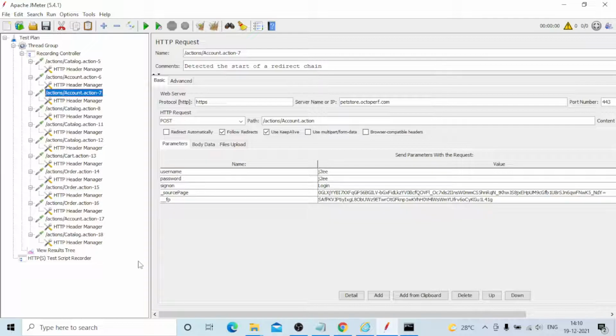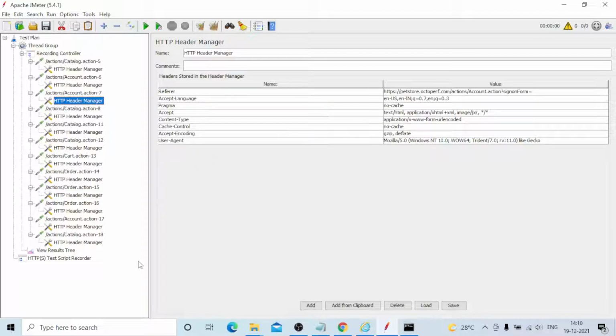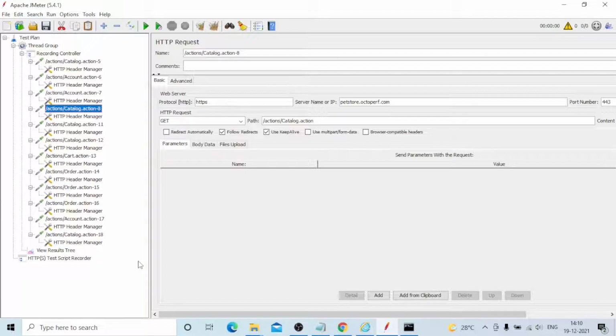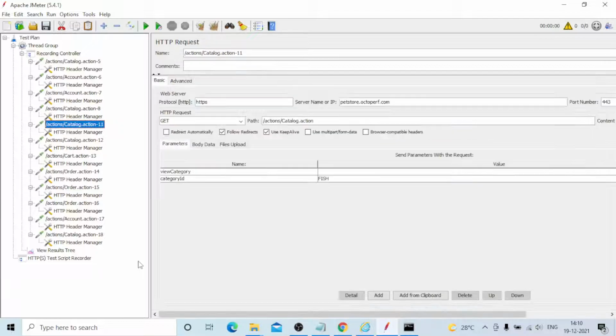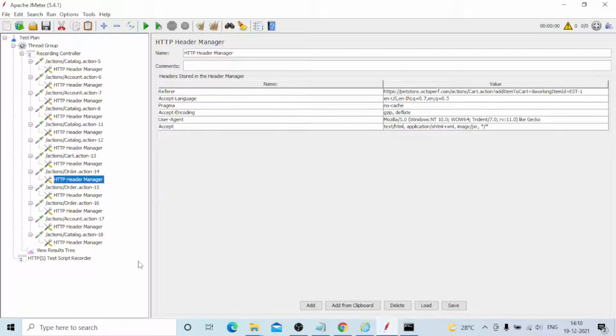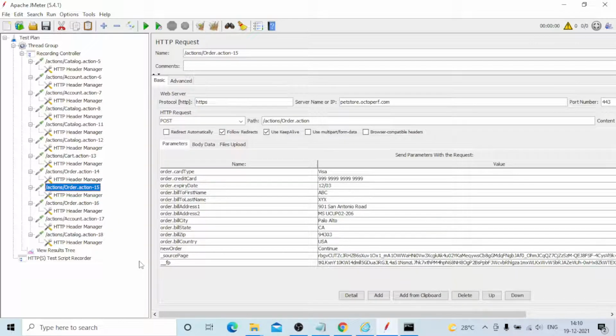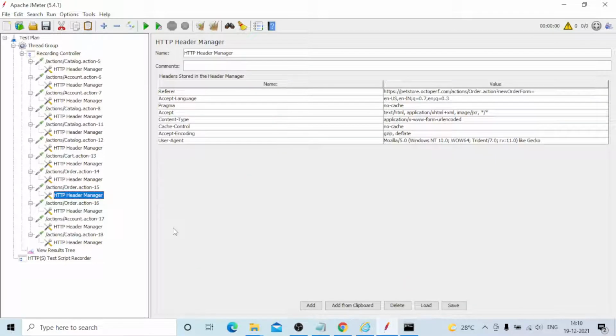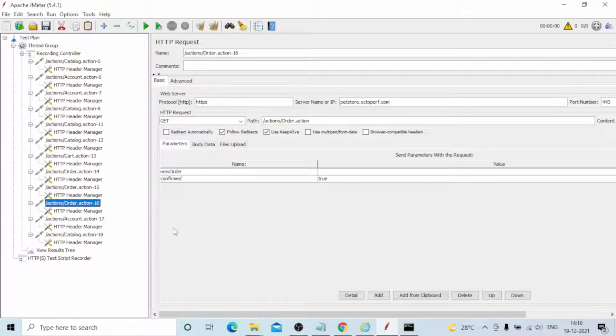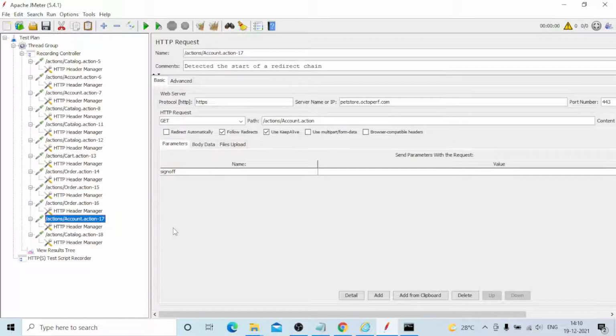It's the dynamic value. Moving to the header manager, then the login page, action page, header manager, then selecting the fish item, header manager, product ID, then the working item ID and new order form. This is all the payment details, and you can see underscore source page is a dynamic value. Underscore FP is also a dynamic value. This is the confirmation of the order. This is the sign off. The return page will be displayed.